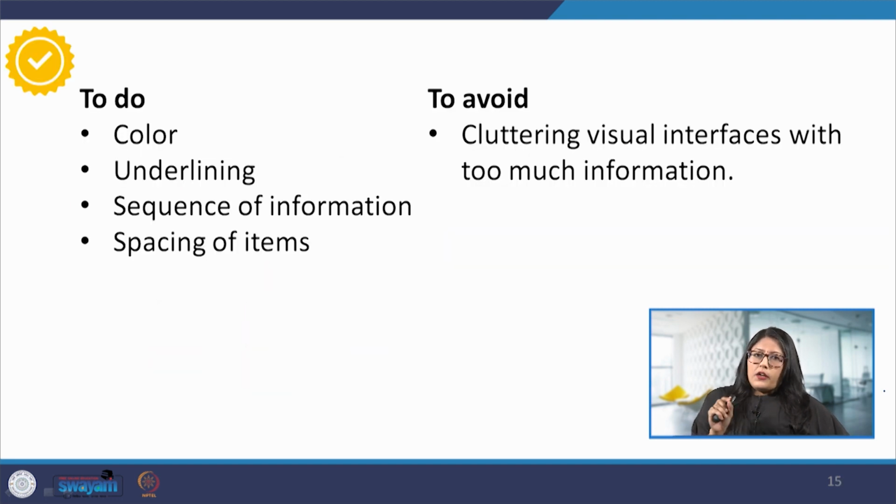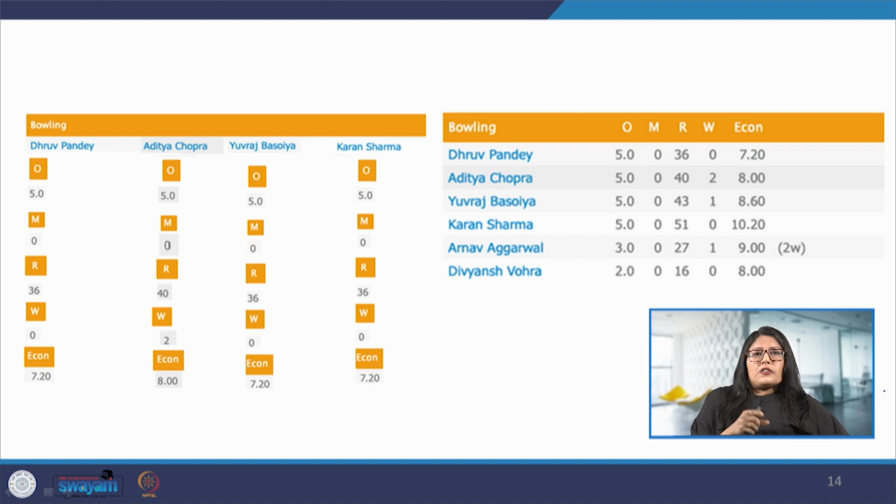Underlining also is another technique. Then how the sequence of information is presented, what is more important, so is there some hierarchy, and spacing of items. So in this previous example on the left, we saw how the spacing is uneven, the rows, the columns are up and down, so that also makes it difficult to perceive the information and pay attention